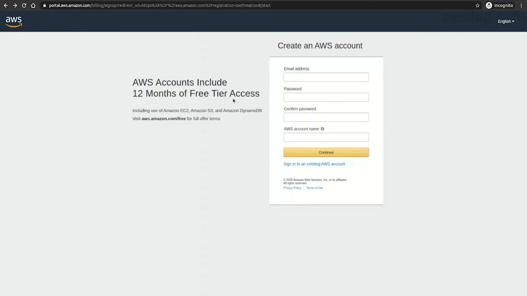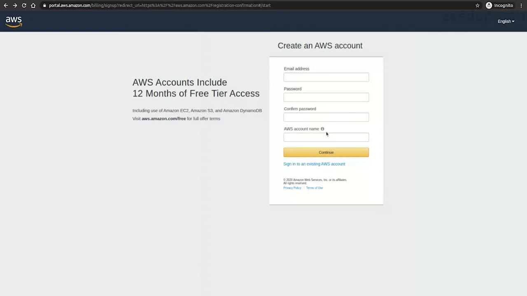Now, let's dig into the AWS Management Console and try to understand the basics of the platform. As you can see, you will have to fill in your basic email details, credentials, password, and AWS account name, where you choose a name for your account. You can change this name in your account settings after the setup as well, but this account name becomes unique for you and is how the AWS team will be addressing you.